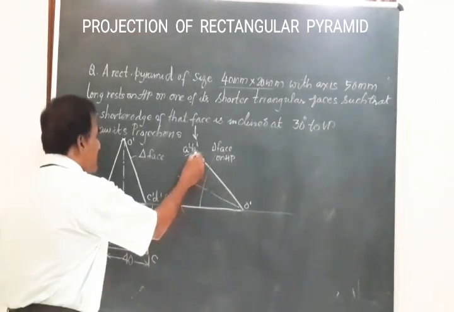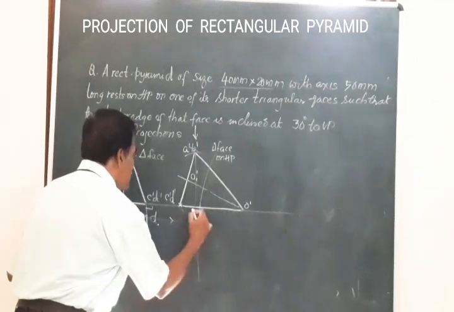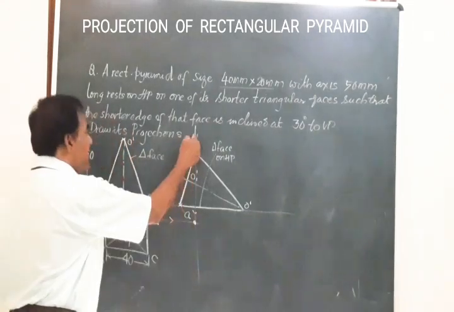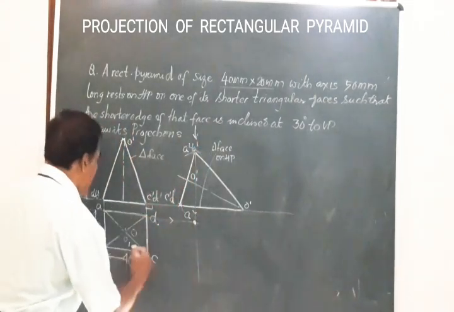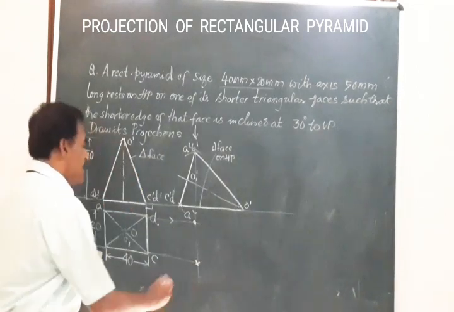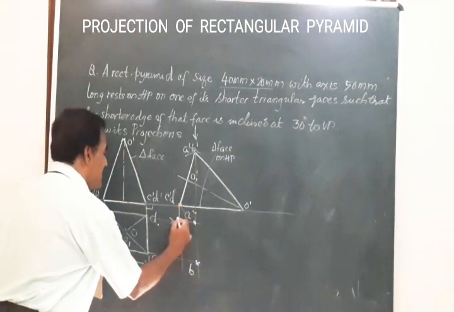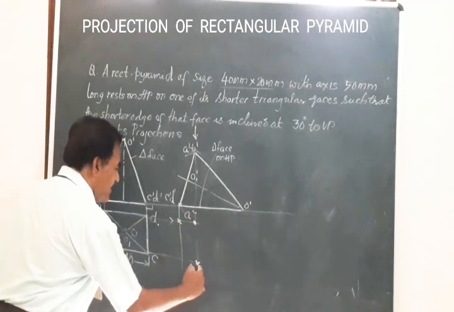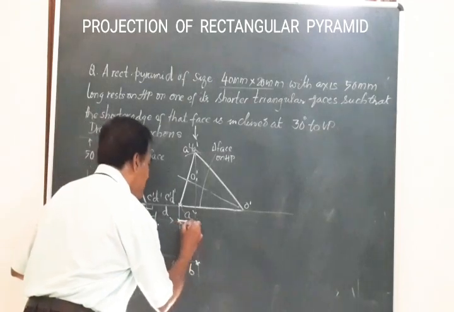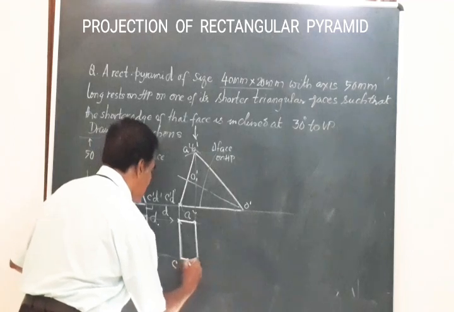So vertical from A dash, horizontal from A dash, the point where these two lines intersect is your point A. Likewise B, vertical line from B dash, a horizontal line from B. The point where those two intersect is this point B. Similarly, C and D you will get here. So this is A dash, A, B, this is C, and this point is D. I told you this is completely visible, hence I draw these all by dark visible line. So this is the top view.